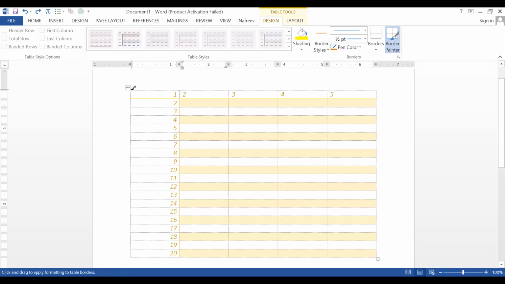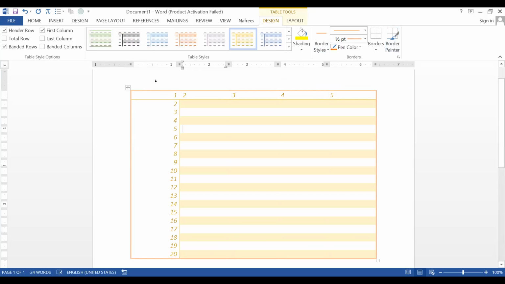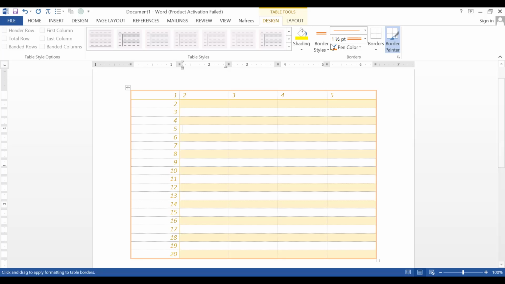So if you select, you will have a pen. Very easy to create the border. Now click outside, look at here. So I have created an extra border for the existing table style. And the border size also you can change it. But before creating the border only, you have to do these settings.